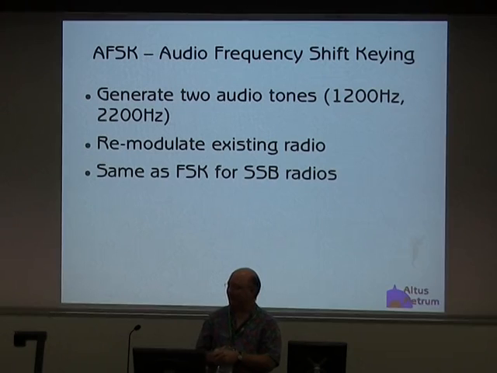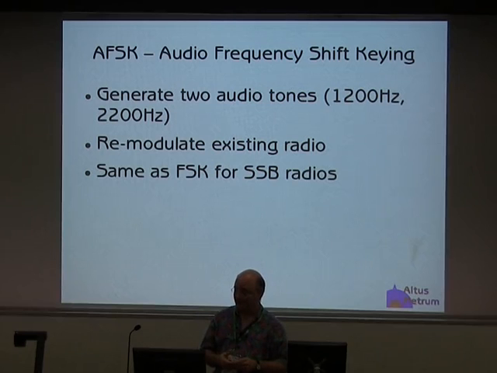So people experimenting with this kind of stuff with HF gear and SSB were like, hey, this is pretty awesome. We're getting credible performance by just feeding audio signals into the mic inputs of our SSB radios. And then people tried this on FM. And on FM, it's kind of a disaster. With FM, you end up on the wrong side of your process gain because the frequencies of the Bell 202 signals are really close to the frequencies of the actual deviation, and so you end up getting very little FM process gain.